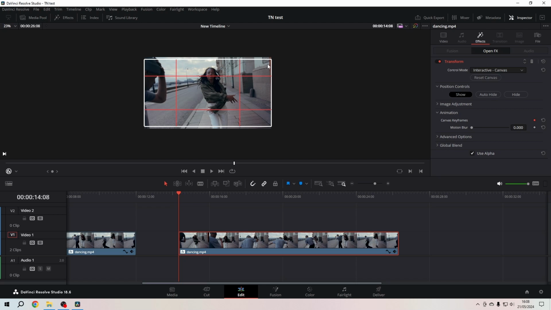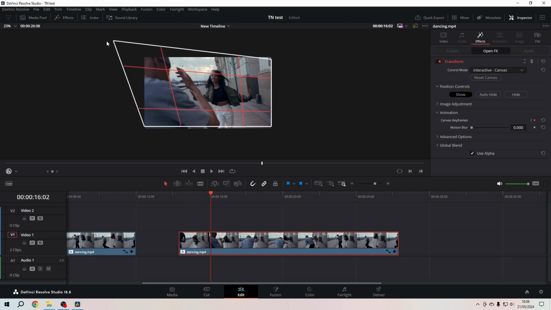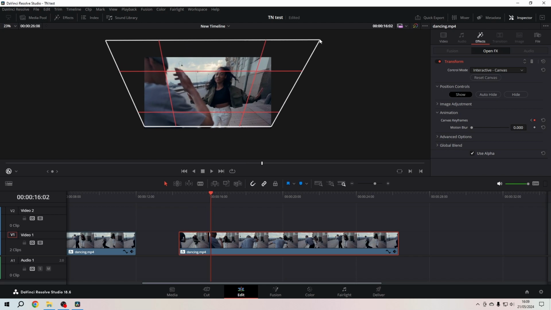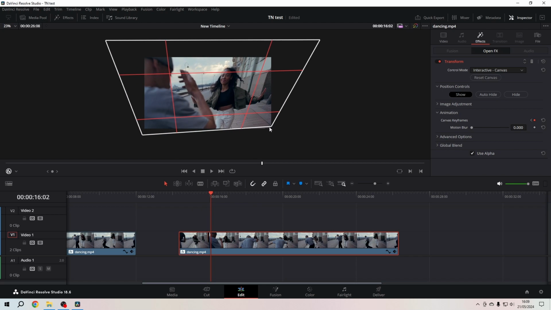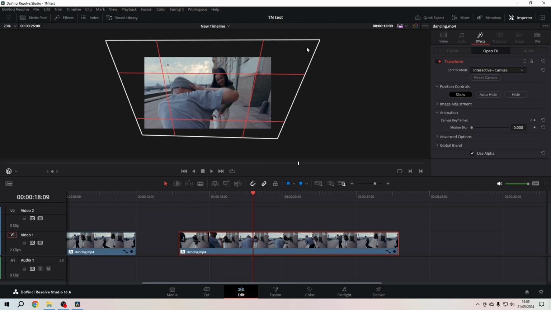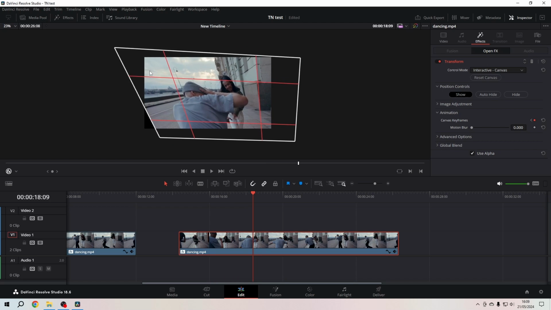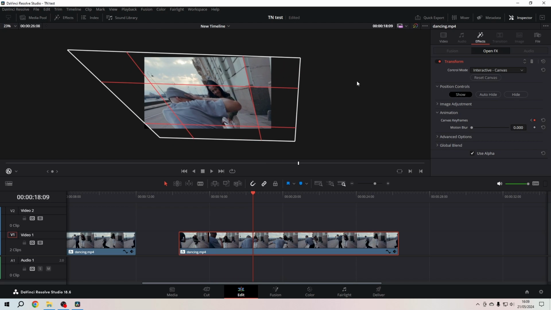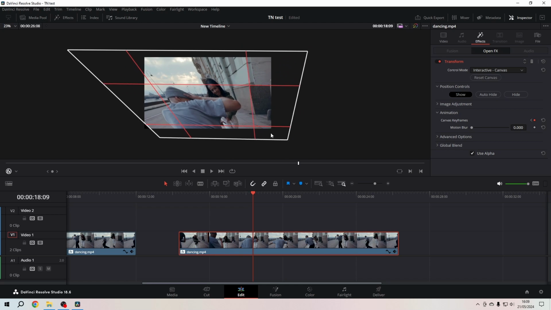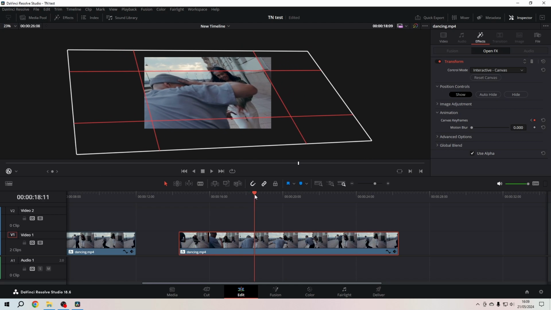So what I'm doing now is I'm going to start as it is. Then I go a little bit into the clip and then I drag the corners so that I have this tilted effect. Then I go a little bit further, change them again. You can also just grab certain parts of your overlay and then drag and drop just like you want,